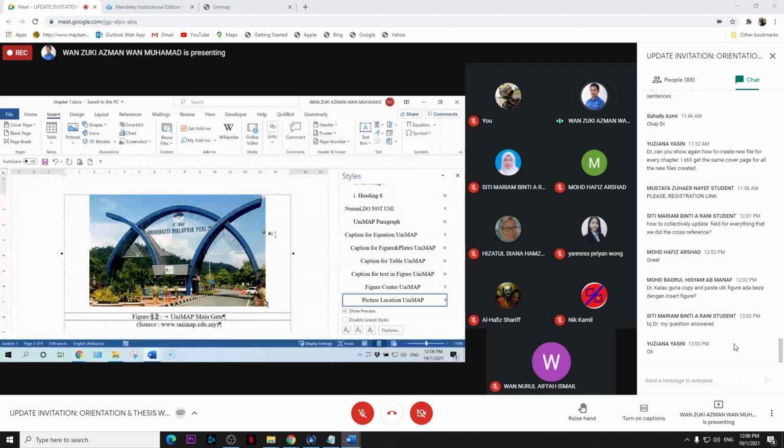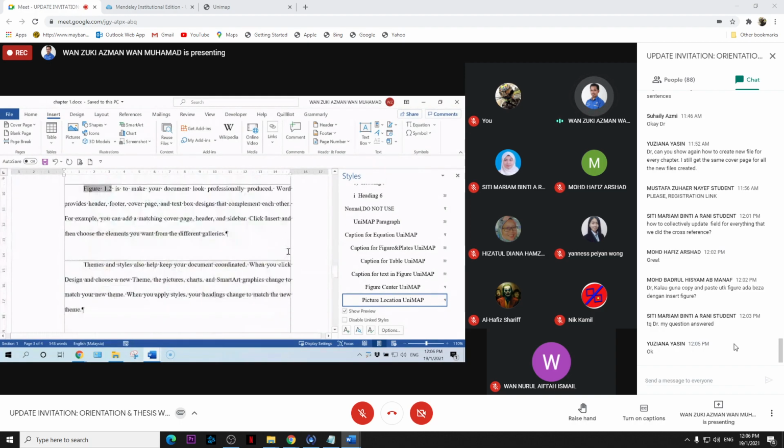If you copy and paste, Microsoft will reduce the quality of your figure. Still can, no problem, but to maintain the quality of your figure, I advise you to use the Insert. That's why Microsoft has the Insert here. If not, just button copy and paste. My answer is like that, to maintain the aspect ratio and the quality of your image.